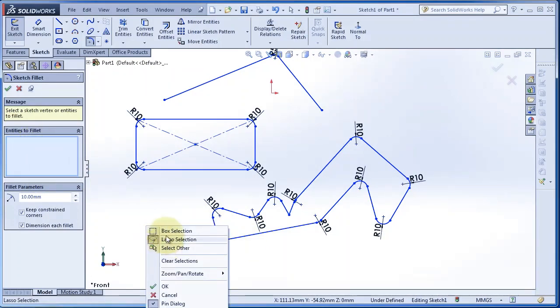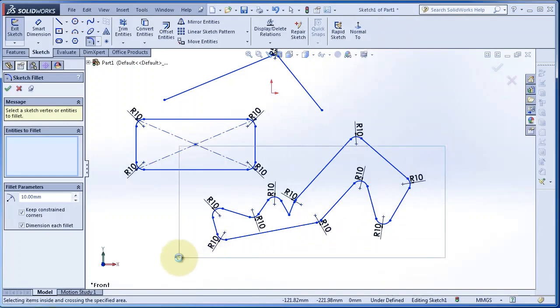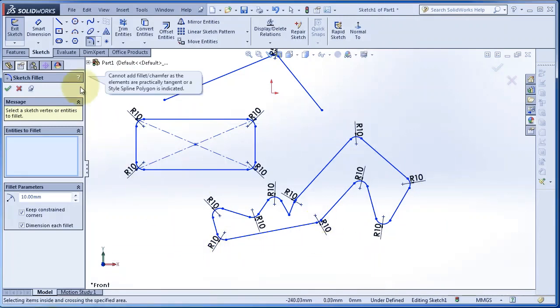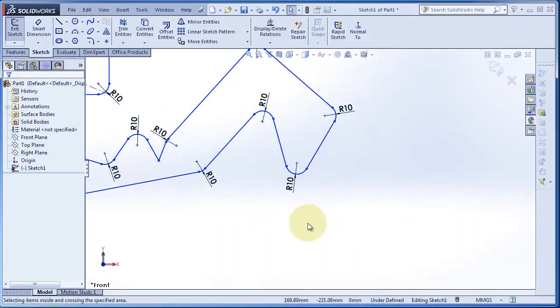So when you go to the right click, you can see the type of selection, box selection or lasso selection. If you select box, you'll be able to make box selection. So now let's go to next